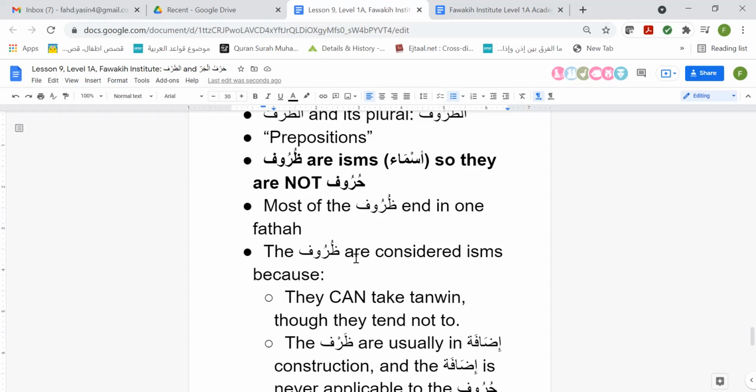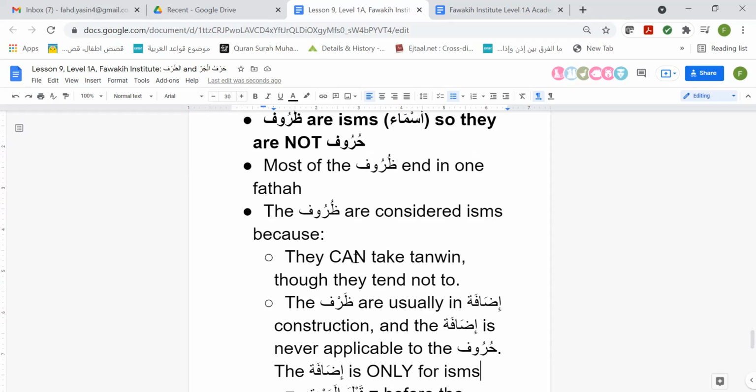In fact, I'm not sure if there is an answer to that question, because if you delve really deep into various grammar books, like, well, not the Ajrumiya, but Qatr al-Nada, it's quite an advanced grammar book. Actually, I've heard that if you study the Qatr al-Nada and master that text, they say you will have sufficed in your learning of Arabic grammar, period. Apparently you will have mastered Arabic grammar if you study that text. I myself have not studied that text. It's on my bucket list. But in any case, that's besides the point.